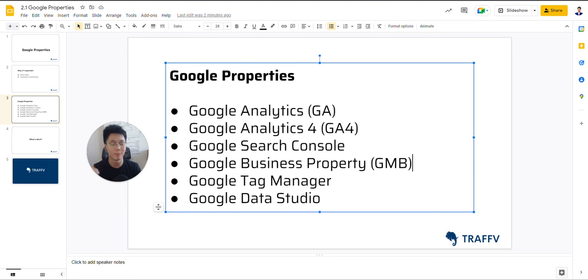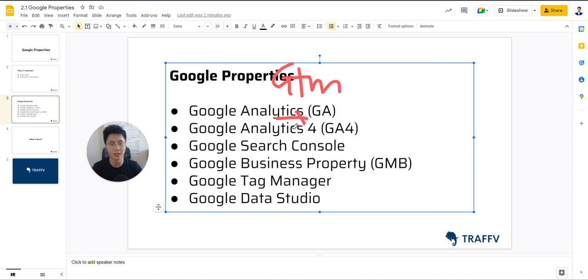Whereas Google Tag Manager, how do I put this? It's kind of like a drawer where you can have Google Analytics and other kinds of Google properties within Google Tag Manager. So if you have Google Analytics, all of this you should set it up. But Google Tag Manager is kind of like a place where you consolidate all of your data. So if you have a Google Tag Manager account, let me see if I can draw this out. So if you have GTM,